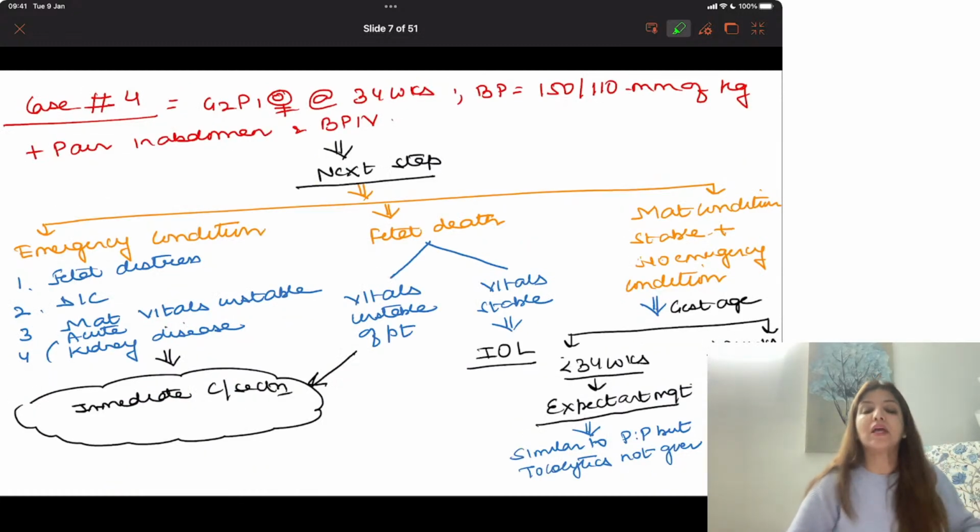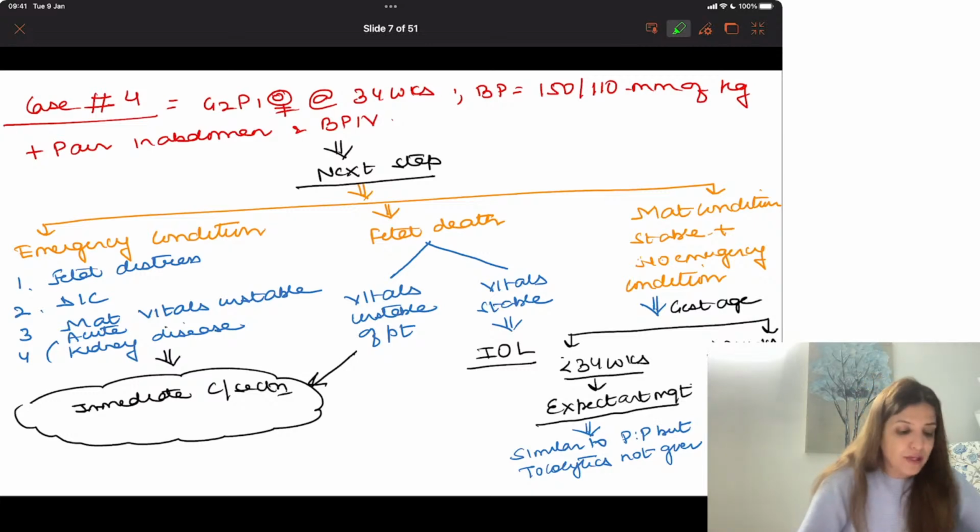Now I'm going to tell you. So suppose your case number 4. Case number 4, suppose they give you a question that there is a G2P1 pregnant female who has come to you at 34 weeks. Her BP is 150 by 110 and the patient is having pain in abdomen and bleeding PV. Now because she's a case of PIH, with pain in abdomen and bleeding PV, I'm taking her as a case of abruptio. Now if they ask me what is the next step, my next step is going to